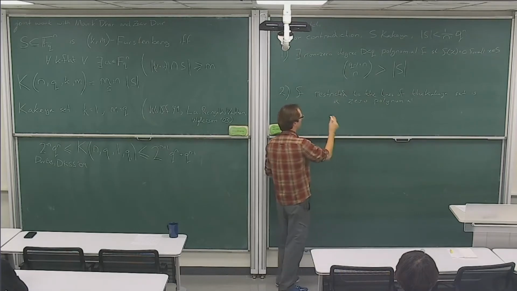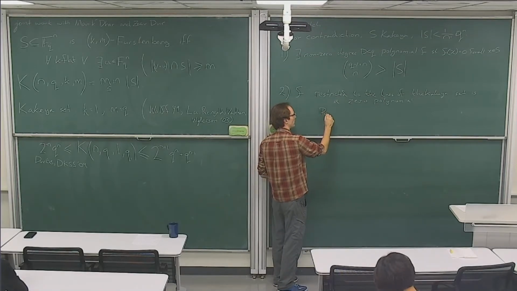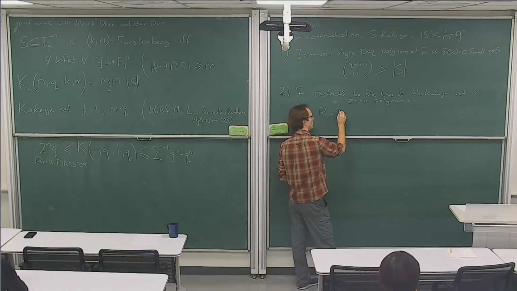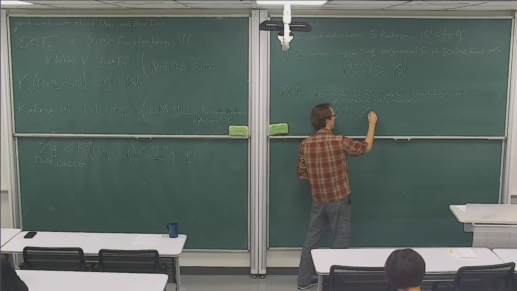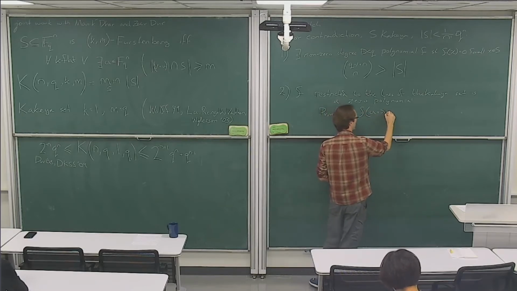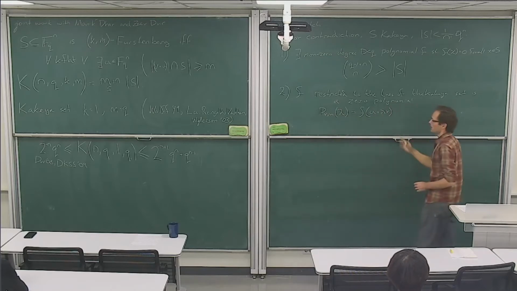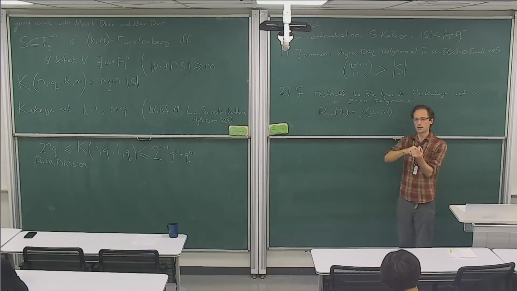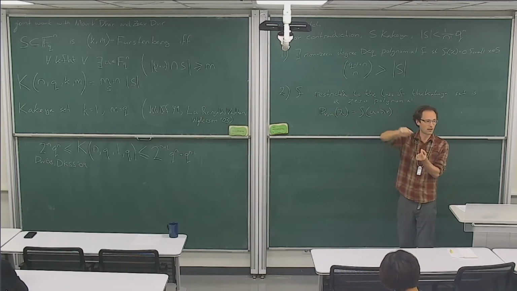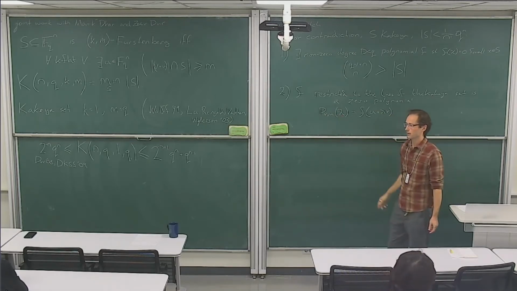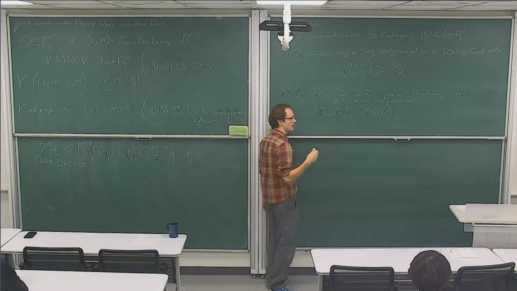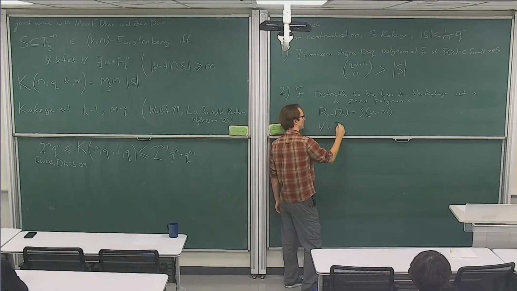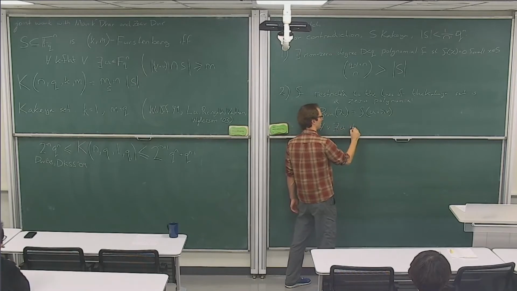So for any pair of points v and u, we can define the polynomial p of v u in a single variable lambda to be f of u plus lambda v. So we're taking the line u plus lambda v and looking at the evaluations of f along that line, and that gives us a polynomial in a single variable. And what we know from the definition of a Kakeya set is that in every direction, so for all v, there exists a u such that